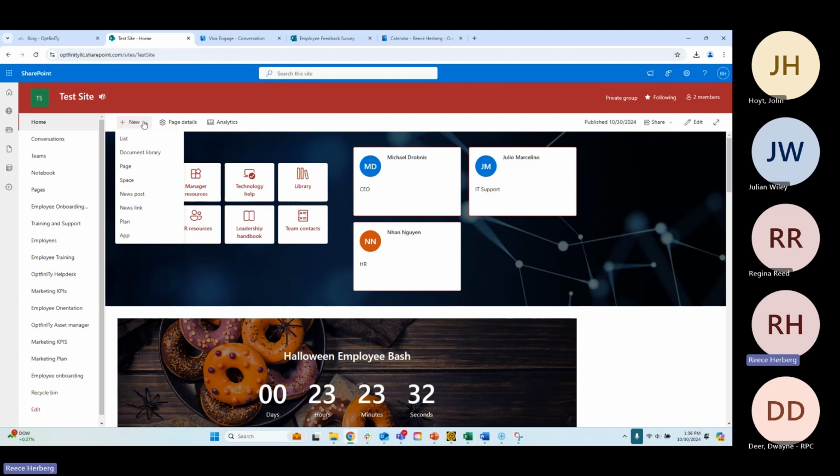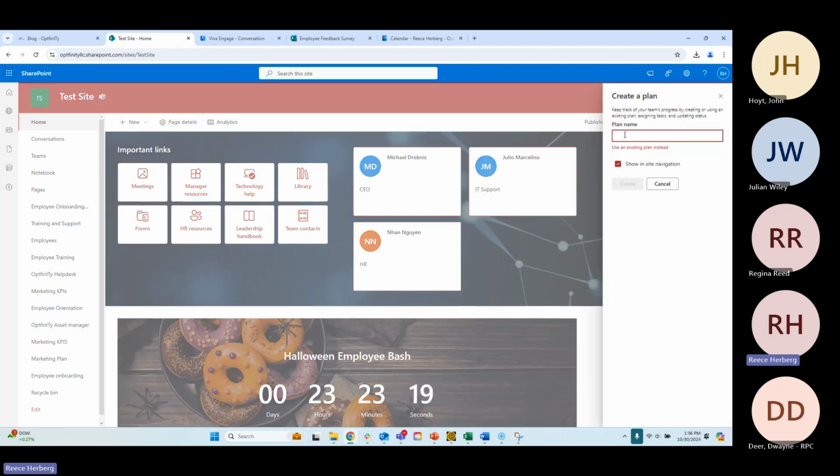Another fun aspect of SharePoint that you may not already be using are plans. Plans are a great way to keep your team on track with goals in an engaging and organized way. So say I want to keep track for my marketing team